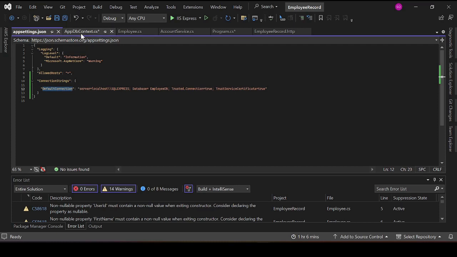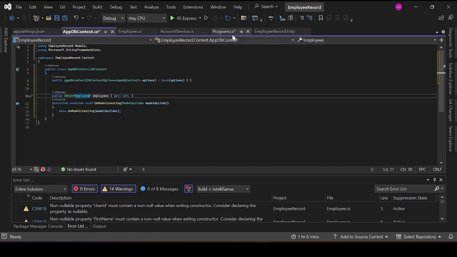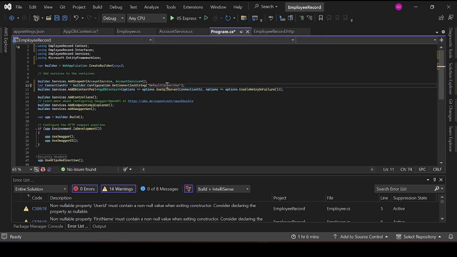That's the name of our connection. Then grab this connection string variable and pass it to this UseSqlServer. So just declare this variable options equals to